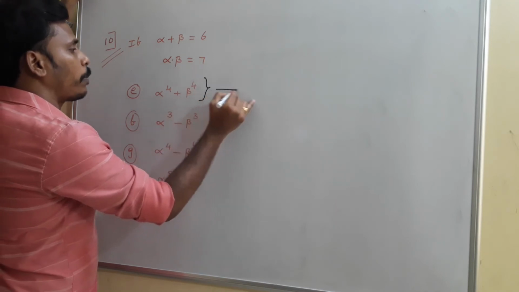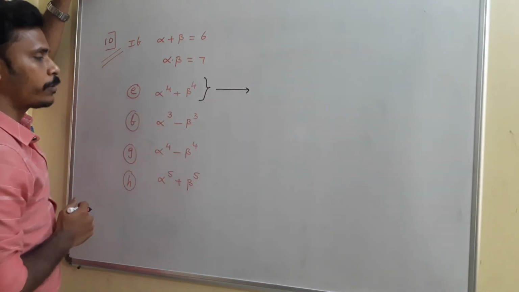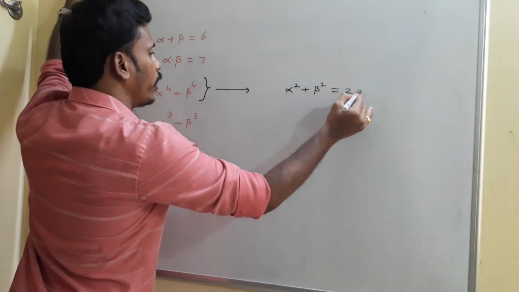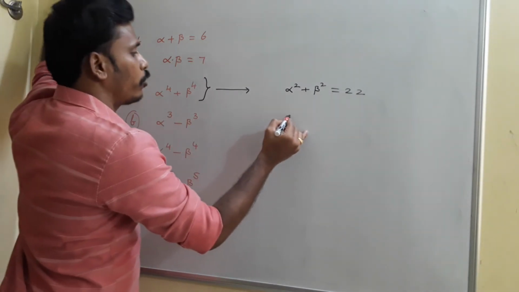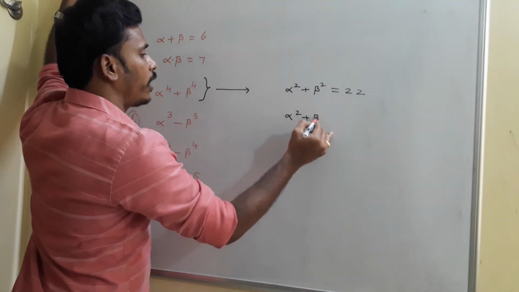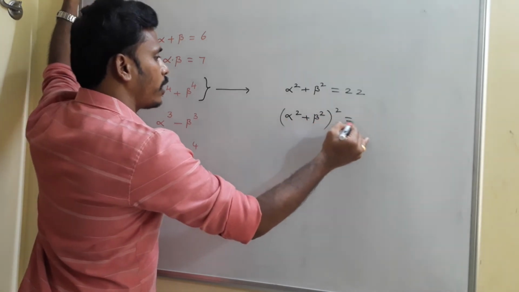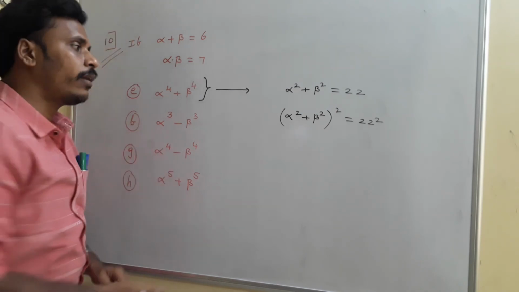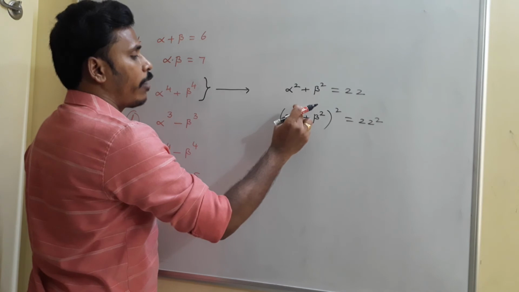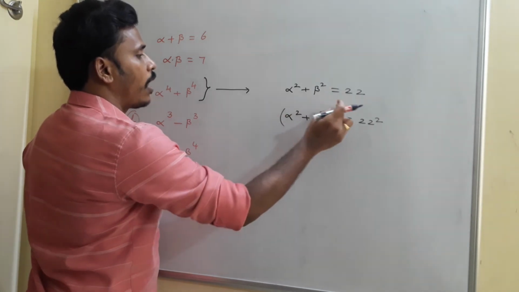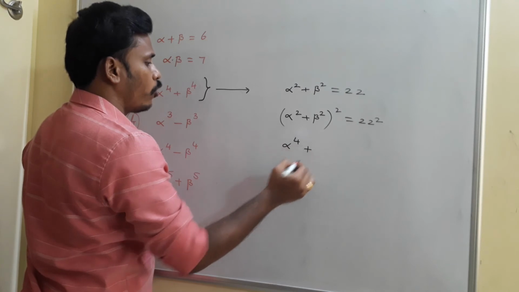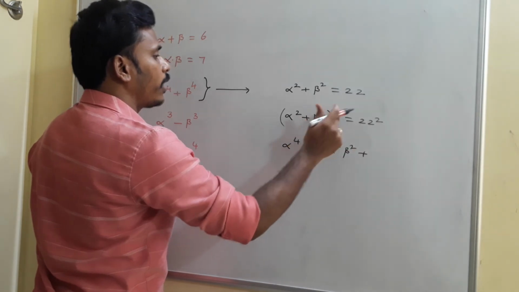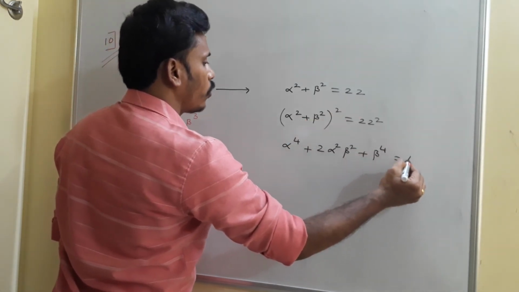Alpha power 4 plus beta power 4. How to find this? Already we found that alpha square plus beta square is equal to 22. You just do squaring on both sides. If you do squaring on both sides, alpha square plus beta square whole square is equal to 22 square. Is there anything wrong? No. Alpha square is one number, beta square is one number. Alpha square whole square is alpha power 4. Then 2ab is 2 alpha square beta square, plus beta square whole square is beta power 4, is equal to